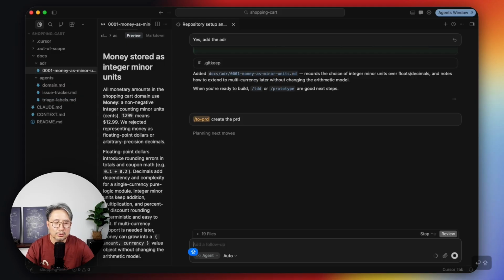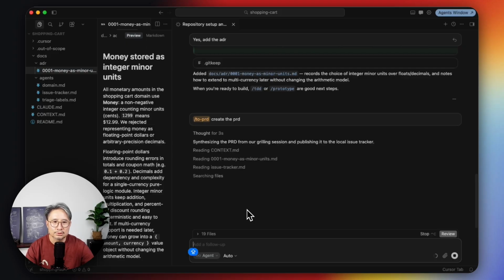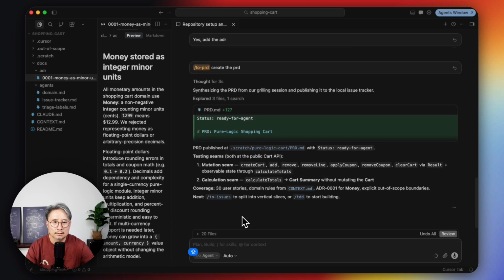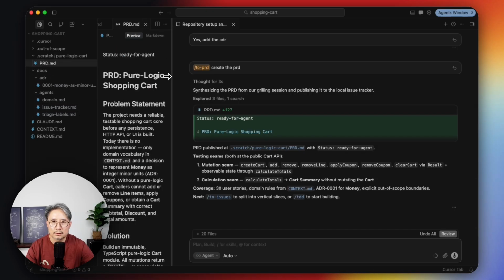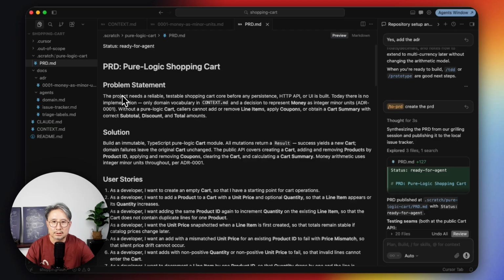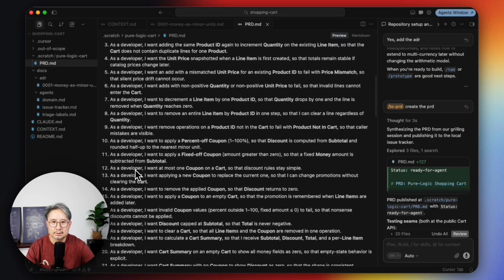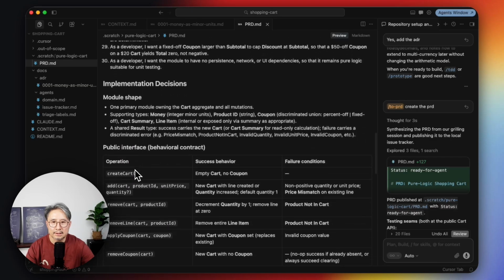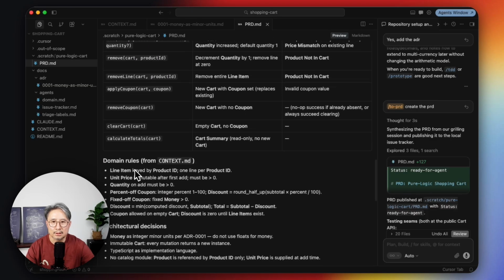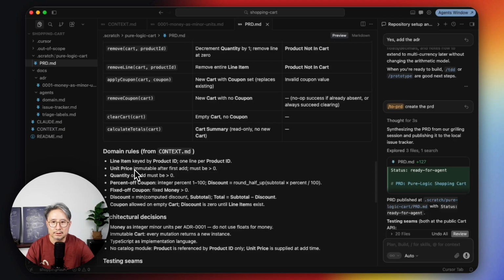Okay, it will not ask any questions anymore because we already provided them; it just used the existing documentation to synthesize the PRD. Okay, the PRD has been completed. Let's see, it's in the scratch PRD. It gives you the problem statement, the solution summary, and the user stories, very detailed, and implementation decisions that are collected from the CONTEXT.md.